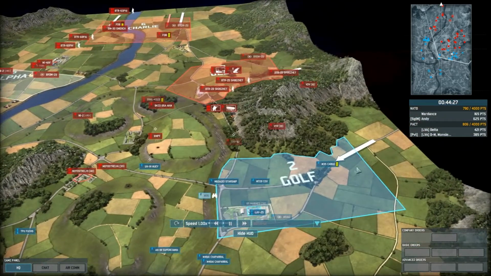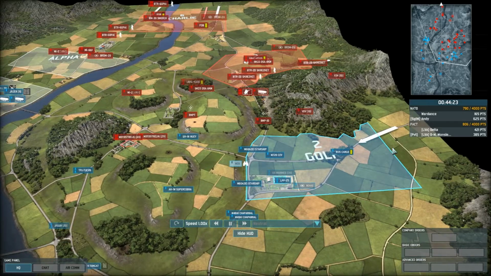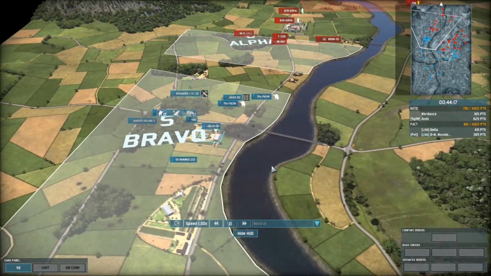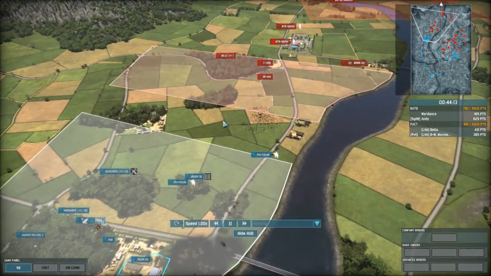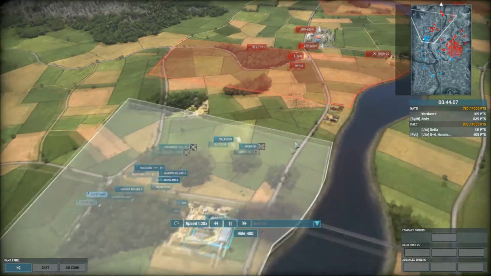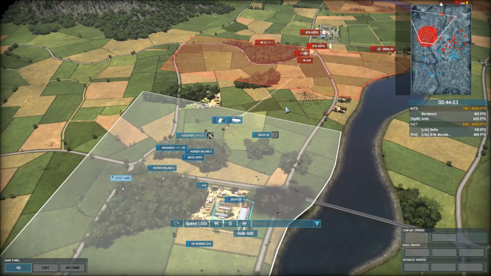Well, you've got to take into consideration that Golf is a reinforcement sector, and pushing on a reinforcement sector is quite costly, so it's quite logical that the action is taking place on the left side for this first game on this map. I already forgot the name. Never mind. So NATO players try to push a bit further, but the Pact reinforcements have arrived